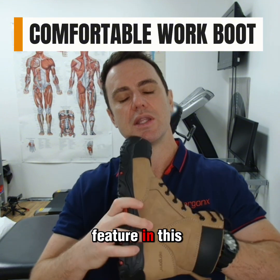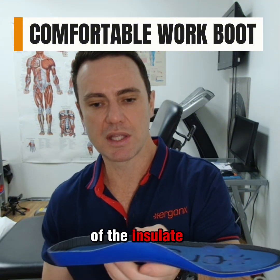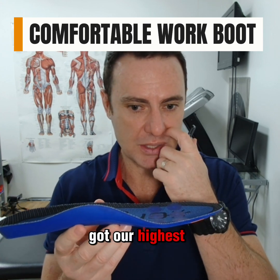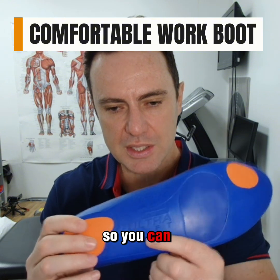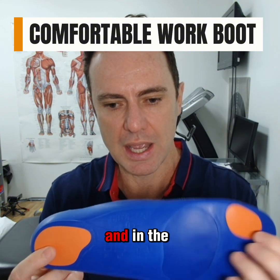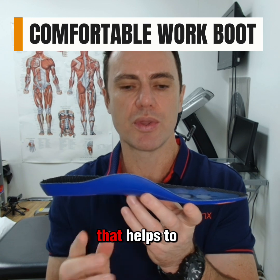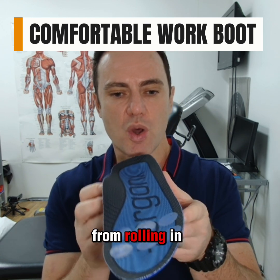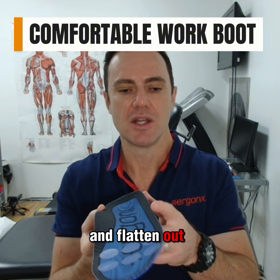Another great feature in this work boot, and what makes a really comfortable work boot, is the quality of the insole that's actually in the boot. This one's got our highest grade of arch support cushioned orthotic inner-sole. You can see it's got these cushioning sections in the heel and in the forefoot. It's got a really nice long high arch support that helps to keep your foot's arch elevated and helps to stop your foot from rolling in and flattening out,